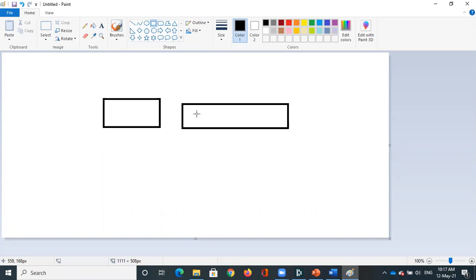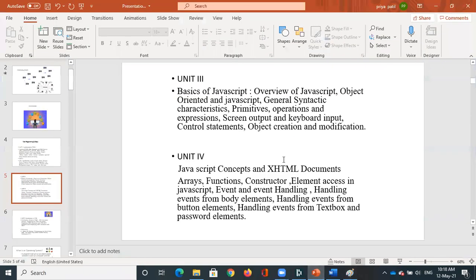If there is a name field, suppose I say enter your name, it should take only characters. It should not take digits or special symbols and so on. To do this kind of operation, we basically use JavaScript, which is used for validation purposes. All these operations, and when you double click on a button, what action should be performed? When you do a single click, what should happen? To do all this, we use JavaScript.